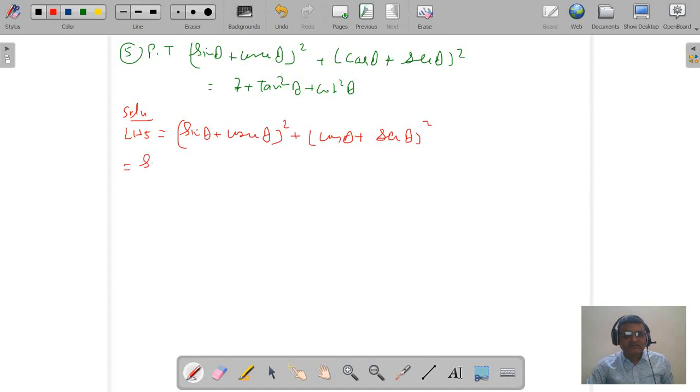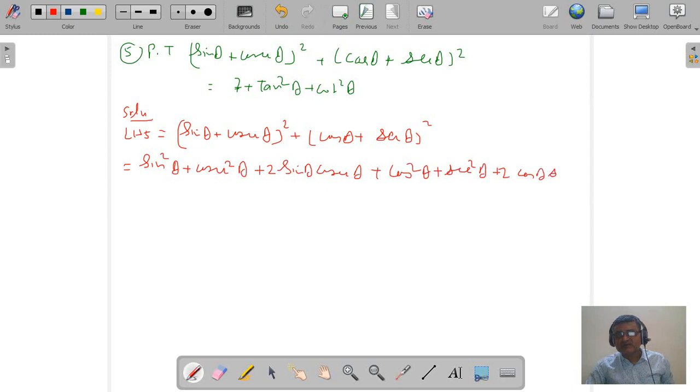So this is equal to sine square theta plus cosec square theta plus twice of sine theta cosec theta plus cos square theta plus sec square theta plus 2 cos theta sec theta. You know that sec theta cos theta gets cancelled, cosec theta sine theta will get cancelled, and this will become 1. So this is 2 plus 2 plus 1, that is equal to 5 plus sec square theta